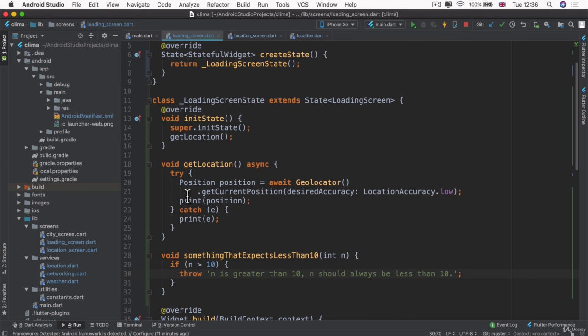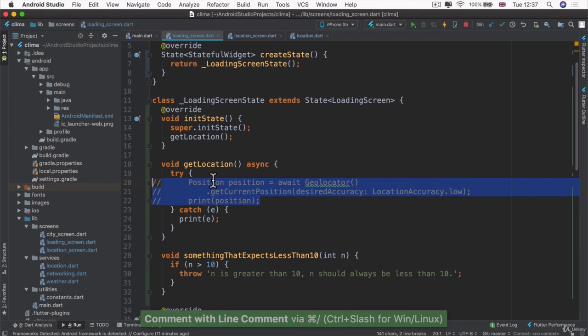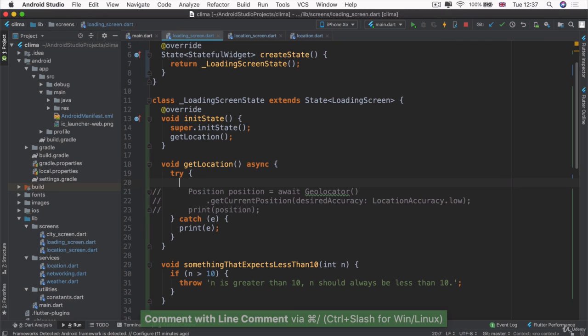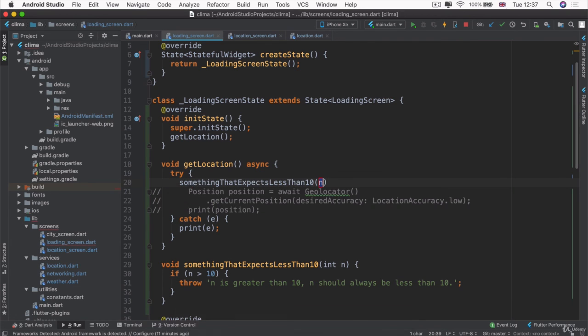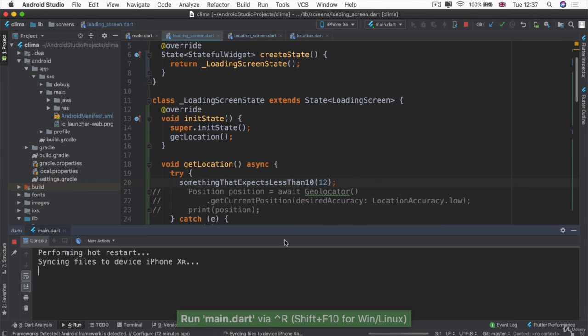And now let's say inside our getLocation, instead of trying to print the position and get the position from our geolocator, we instead use our method something expects less than 10. And for n, we're going to put in 12, which clearly is going to violate our rules and it's not going to work. So now if we hit run and we check out the console,